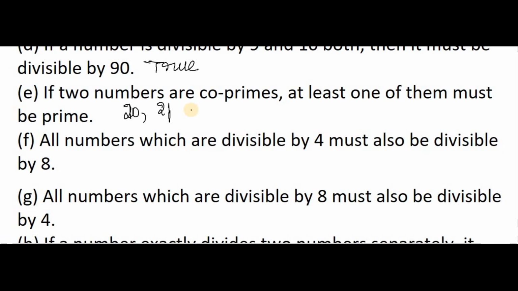Now, by co-primes we mean the common factor between those two numbers should be 1, right? So in 20 the factors must be